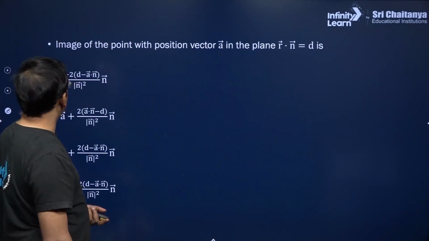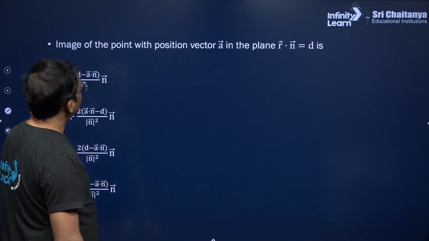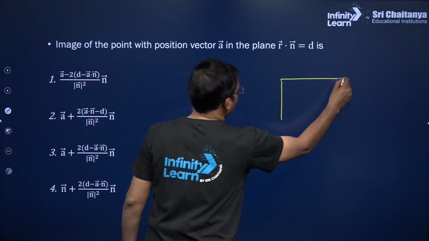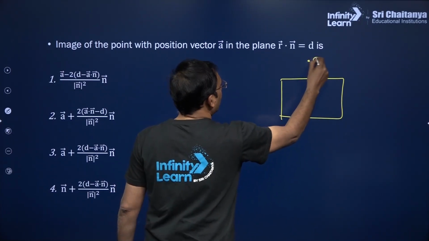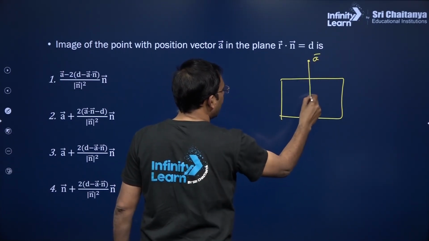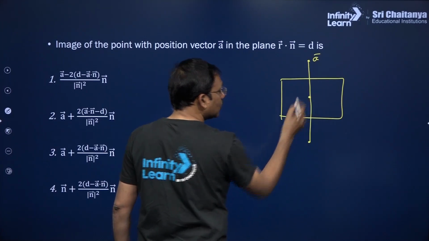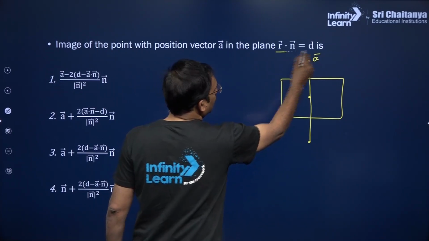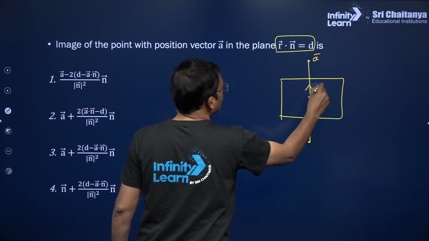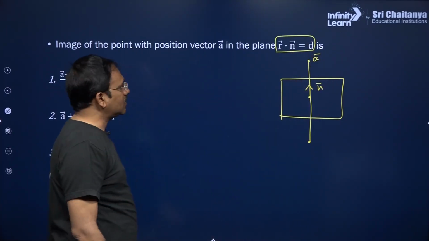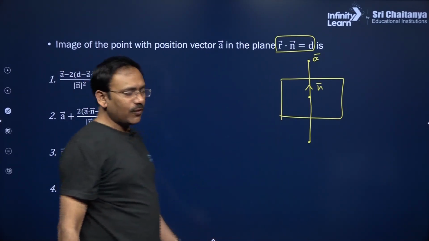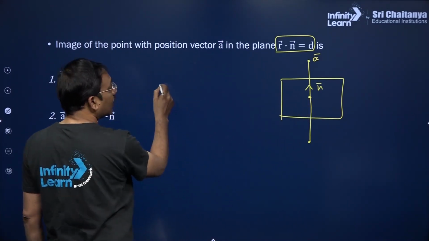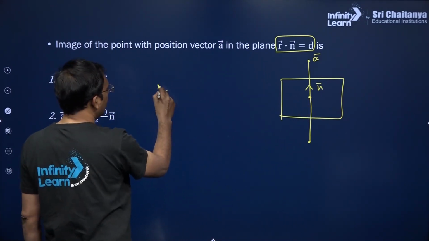Now, coming back to this question, the image of the point with position vector a bar in the plane, you see the same logic, my dear friends. So, image of the point a bar about this plane. That means first you need to find the foot of the perpendicular. You know this plane equation's normal direction ratio is n bar, and it is equal to d. So, just like the previous case, you are going to get the foot of the perpendicular like you can say a bar